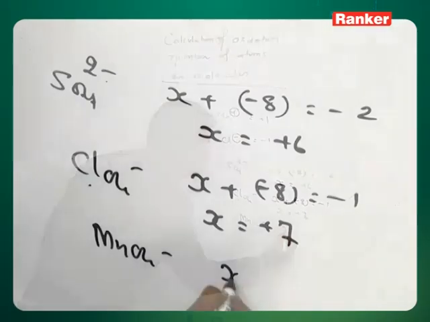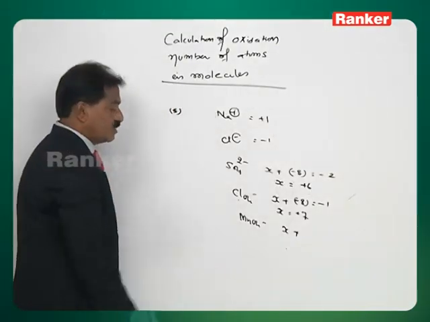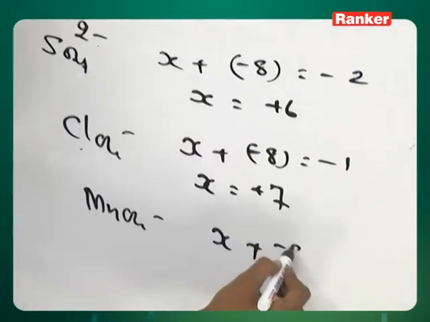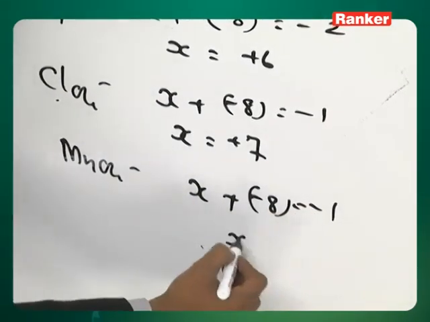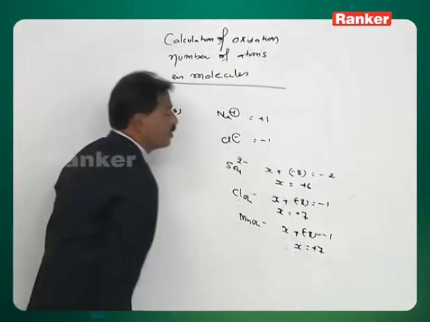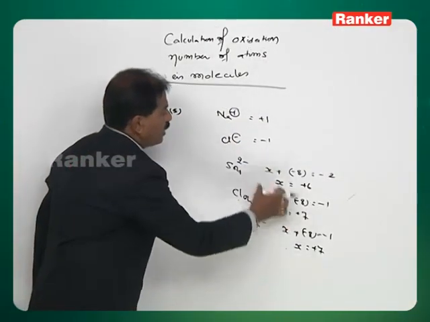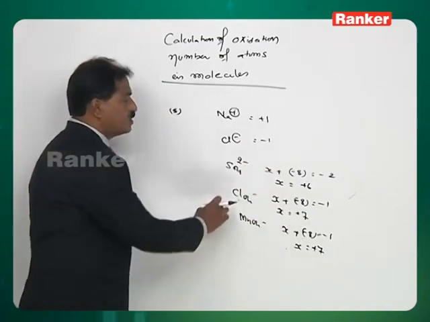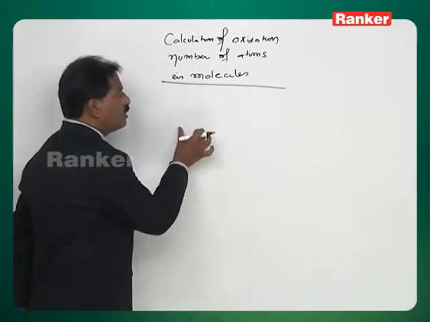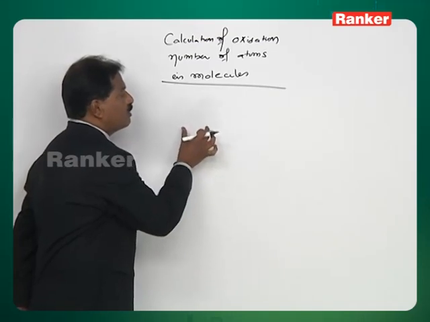Similarly, for manganese, we want to calculate the oxidation state. Assign the value X. X plus -8 is equal to -1. Therefore, X is equal to +7. Like that, we can find out the oxidation states of any unknown atom in any multi-atomic ion by using this rule. Next, in case of the organic molecules, if we want to find out the oxidation state of the